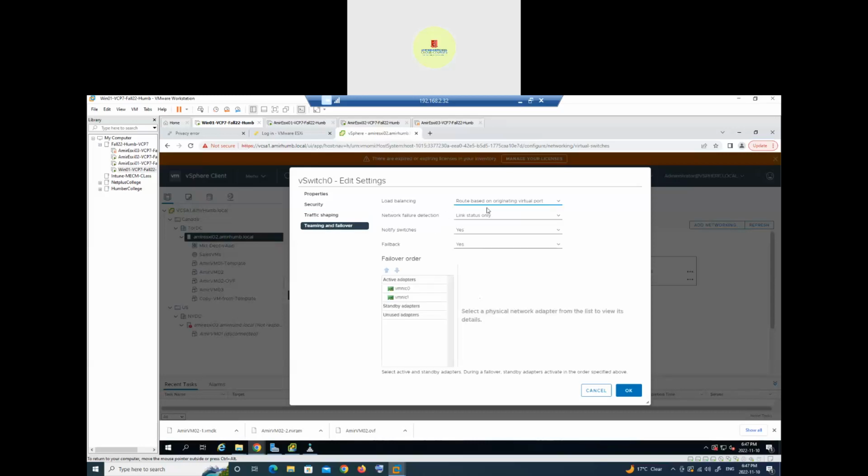And then there's teaming and failover. So there's that load balancing. And in the load balancing, you have four options here. So route based on IP hash, route based on source MAC hash, there's route based on originating virtual port, and then use explicit failover order. So what that really means in English is,